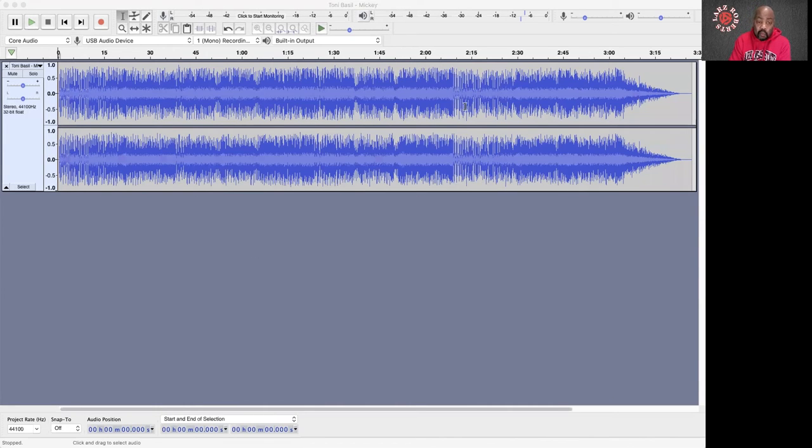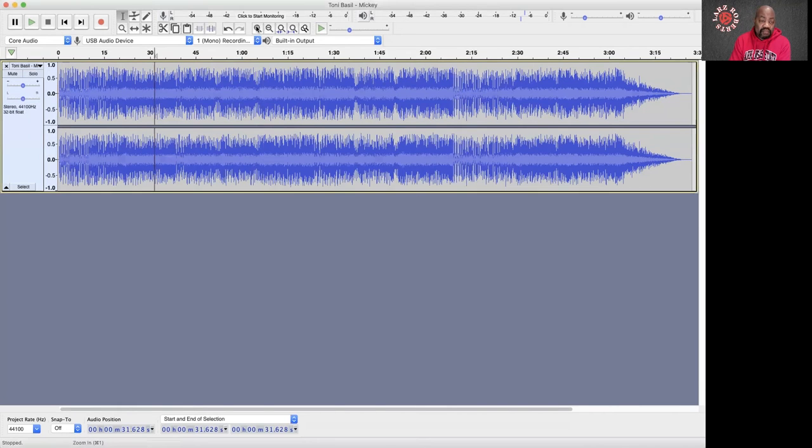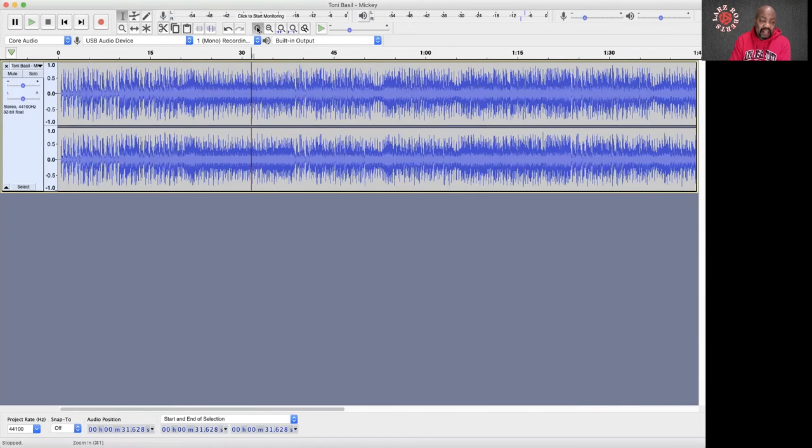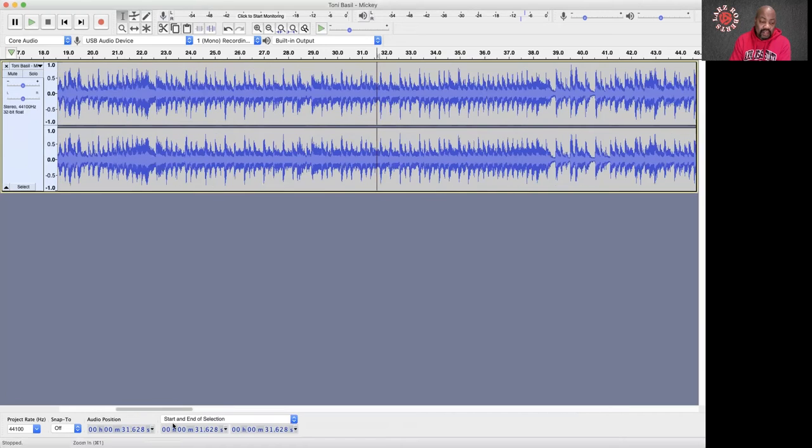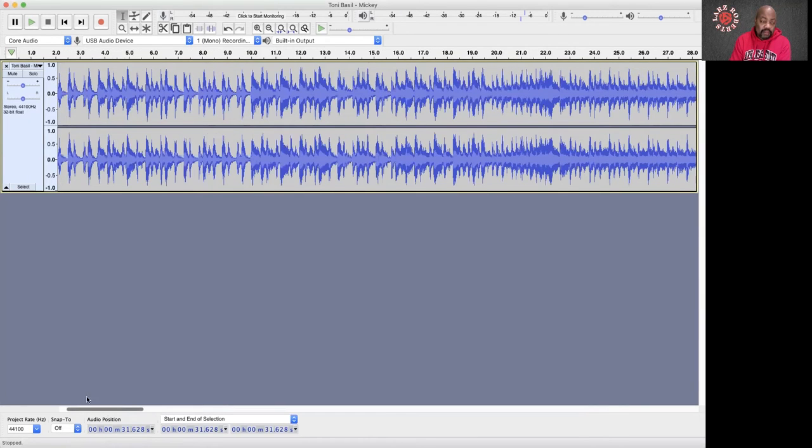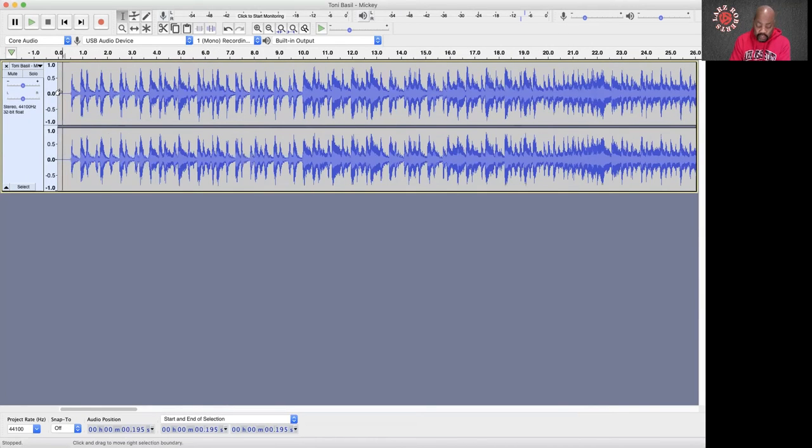Once you put it in, you see the waveform for the entire song. But let's get in a little closer. With this magnifying glass, we can get into a lot more detail at the beginning of the song. And as always, we can hit the space bar for playback, start and stop. Now, that was only a couple of seconds of instrumental before the vocals kicked in, but all I need